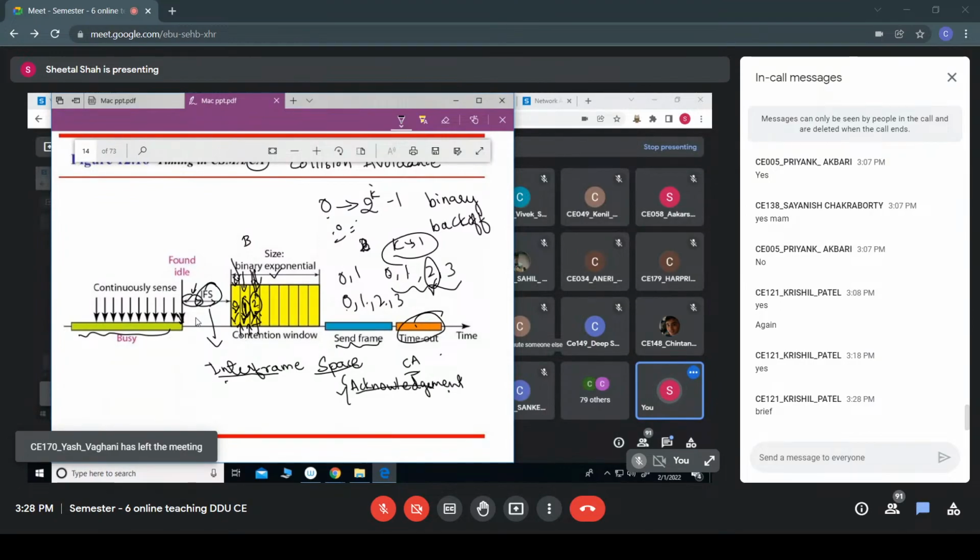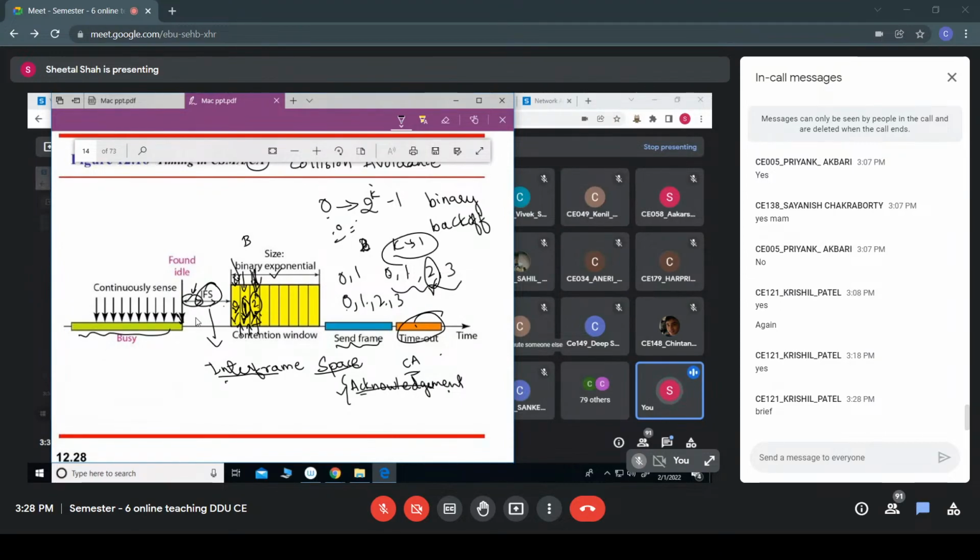The successful transmission of the other station has been finished. Its interframe space time is also finished. Then comes the slot number 0, 1, 2. Now when its turn comes, it would start the timer again, and it would start transmitting the frame through the channel. Apart from that,